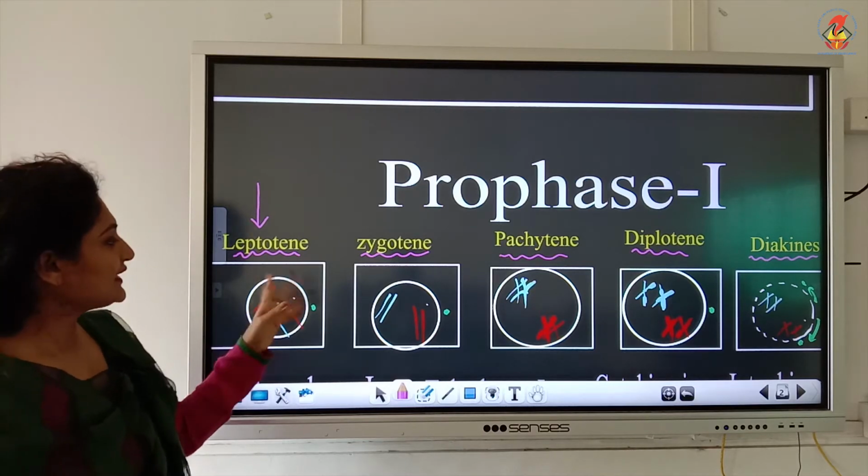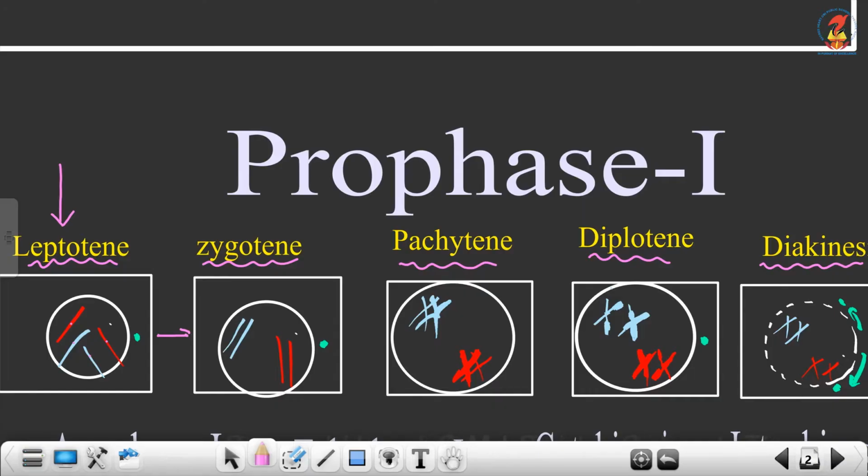Clear? Next event, from leptotene we are moving to zygotene. What happens here? From the diagram itself you can understand pairing of similar chromosomes. Here similar stands for homologous chromosomes. So the blues together pair and the reds together pair, and they pair to form a bivalent. So the event occurring in zygotene stage is pairing of homologous chromosomes or pairing of similar chromosomes to form a